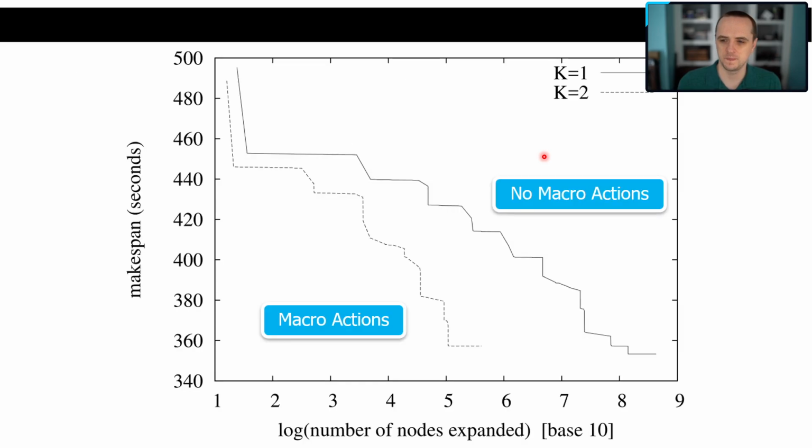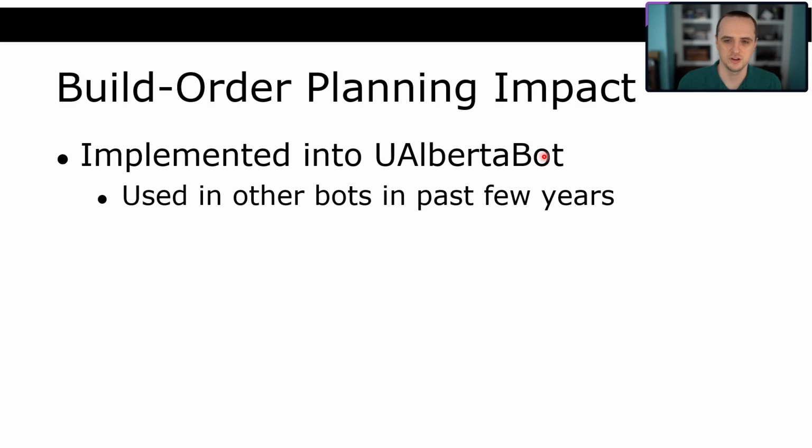And I got some other stuff here, but I don't want to go into those details too much. So what was the impact of that research? It was implemented into UAlbertabot, the boss solution, and someone out there asked a question, said, you may have already found the best solution early on too. Yes, but we don't know that until the search stops. So we either stop at a given time limit or when the search has exhausted all possible avenues, right?